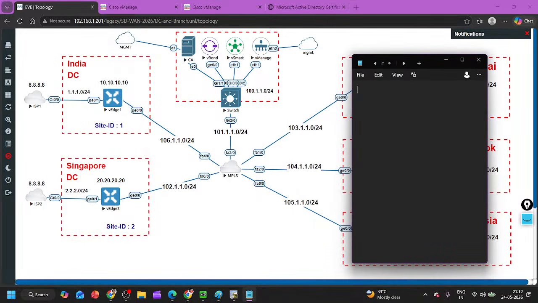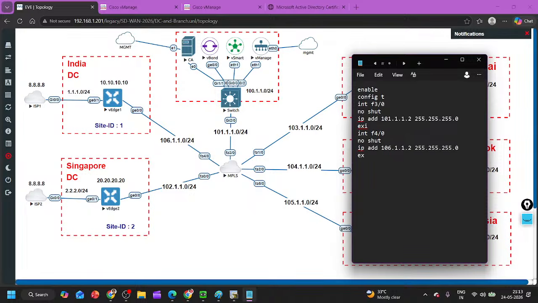For the IP configuration: enable, config t, interface F3/0, no shutdown, and IP address 101.1.1.2 255.255.255.0, exit. Then another interface, F4/0, no shut, and IP address 106.1.1.2